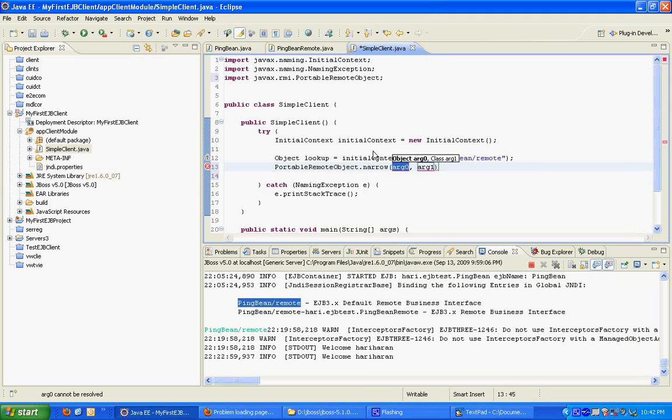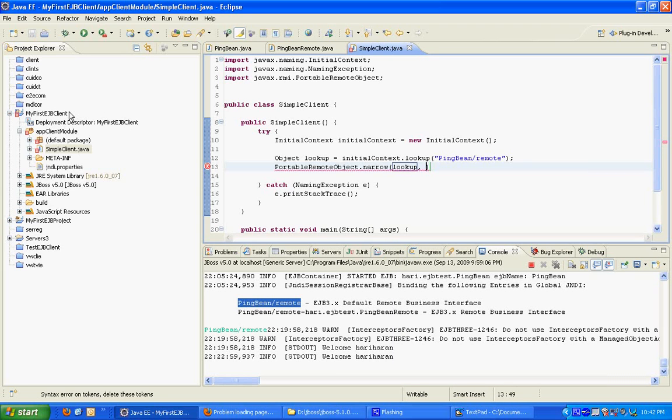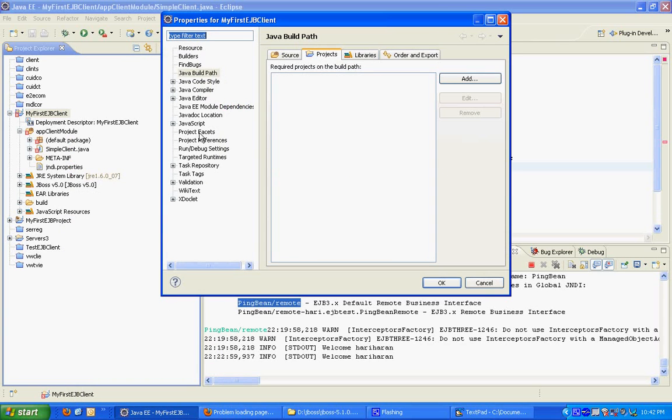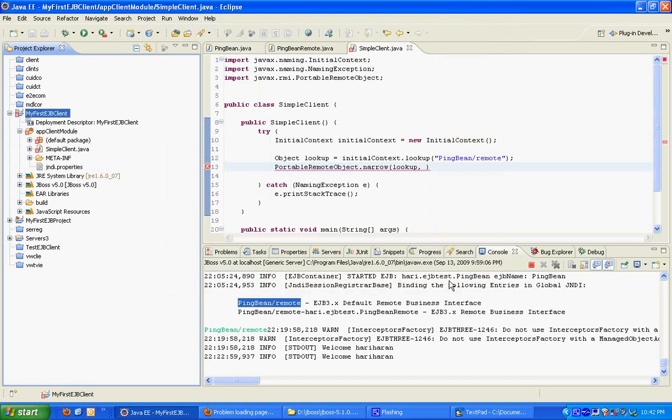So this is going to be my remote interface, Ping. I need to get Ping into my class path. So what I can do is right click, go to properties, go to build path, and add the other project as my dependency. Ideally only the interface is needed, not the bean, but for demo purposes let me add the complete project to my class path